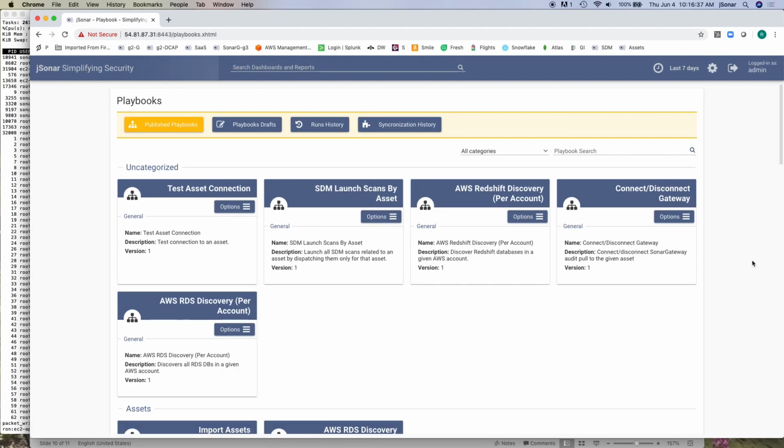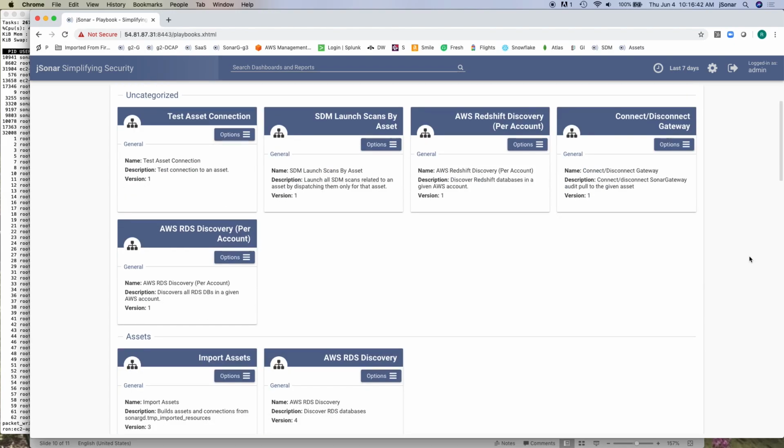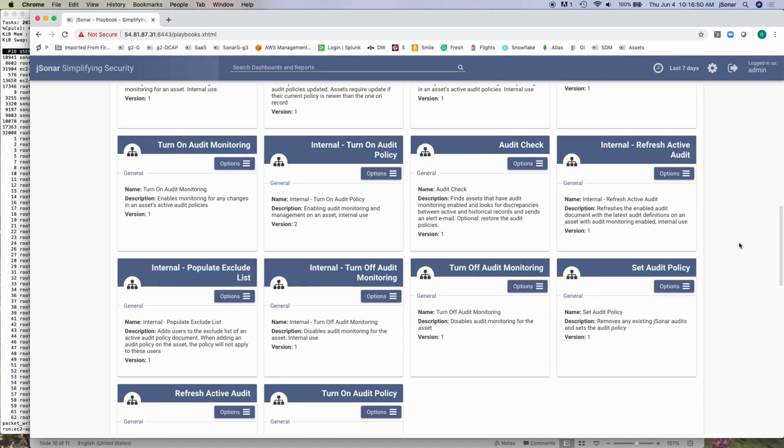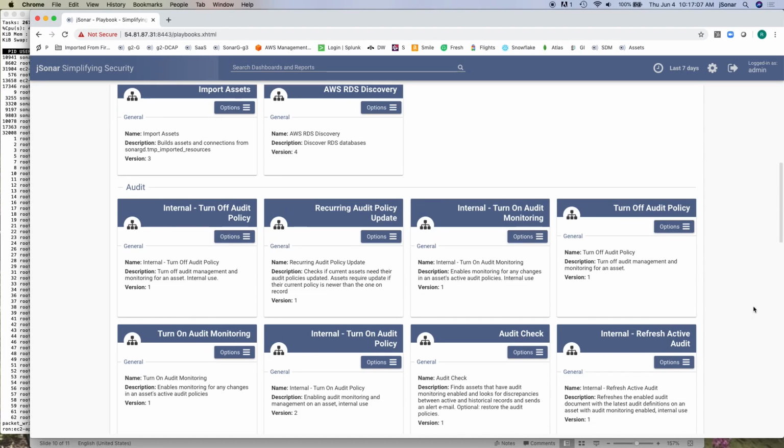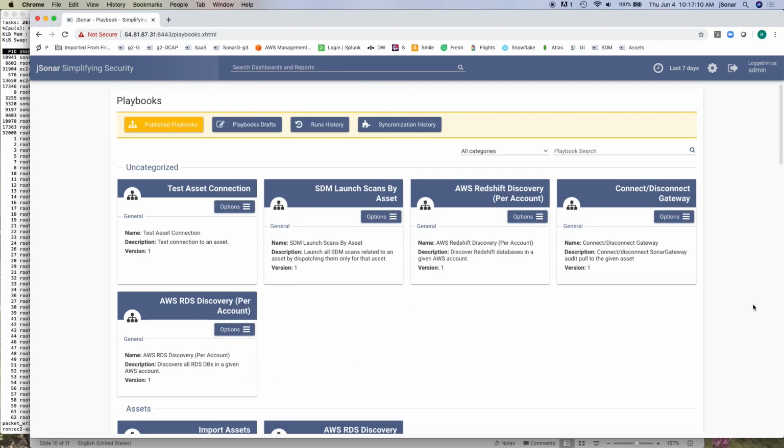There's three important facets to this. First of all, there are a lot of pre-built playbooks in the system, everything from discovery of assets, like discovery of new RDS databases, importing of assets from CMDB, audit playbooks like turn on native audit in databases, check that the audit definitions haven't changed. These are all playbooks. Everything is a playbook in the system now. So that's one aspect of this. The second aspect is